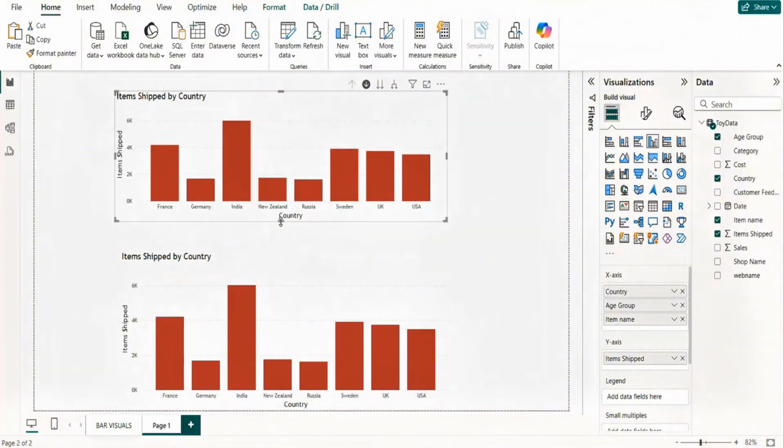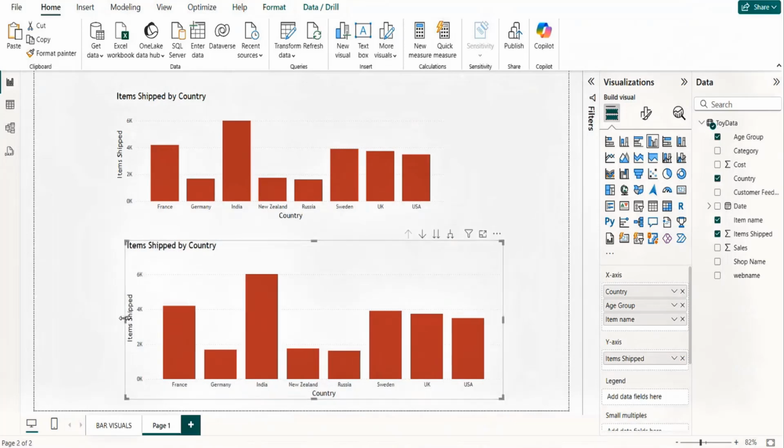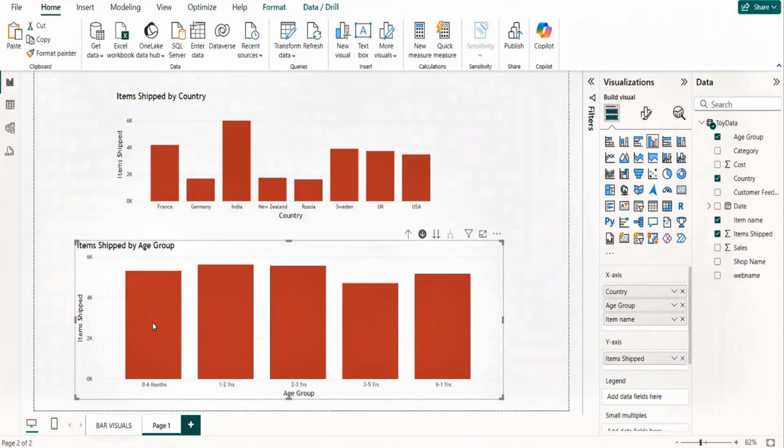Let's see now. So now pay attention here. In this, what I'm going to tell you, see there are other tabs also. So this drill on is right now activated. Okay. So if now, let's say I click on this, I'm not going to click on these countries. I simply want to go to the next level of the hierarchy. What will happen now? What is the next level of the hierarchy in this x-axis? Age group, right? So when you click on this, what you will find is that this age group is coming